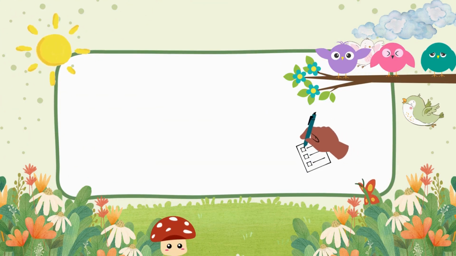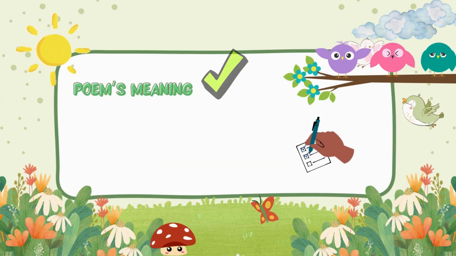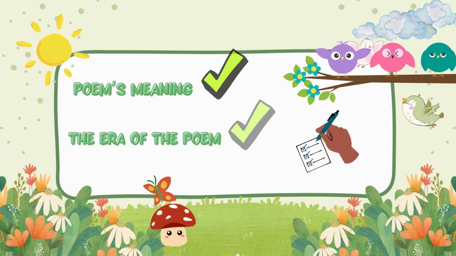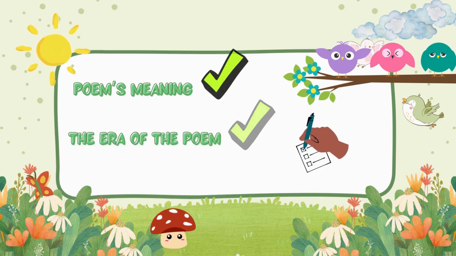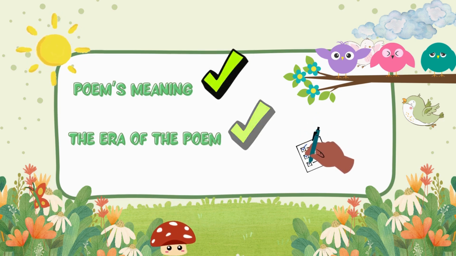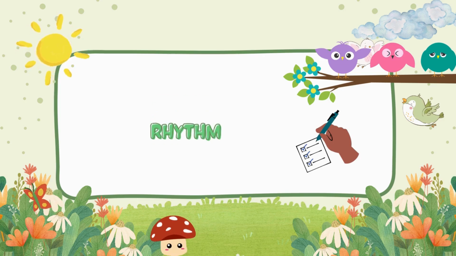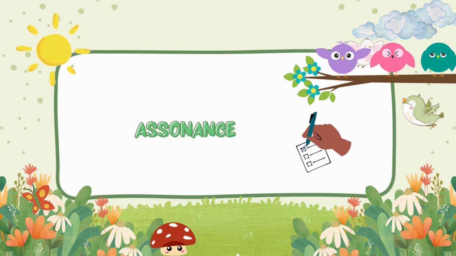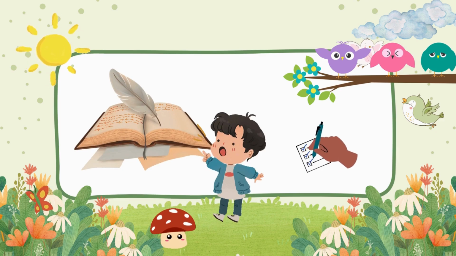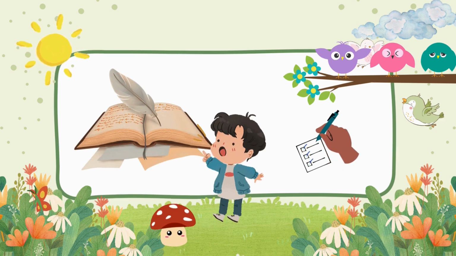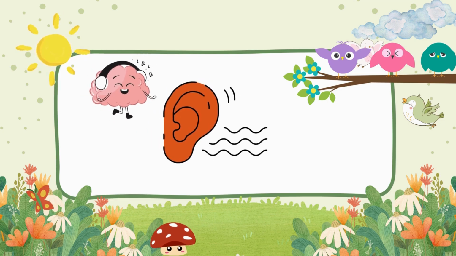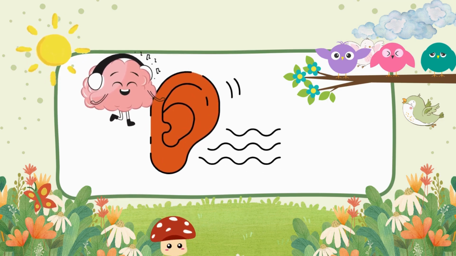Now that we have explored the meaning of A Poison Tree and its connection to the Romantic era, let's dive into some important elements of poetry in this work. We will break down rhyme, rhythm, alliteration, and assonance to see how Blake uses them to make the poem come alive. But let's take a moment to listen as Najla reads A Poison Tree for us.